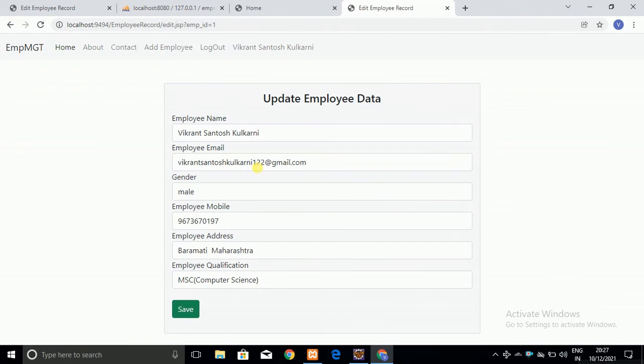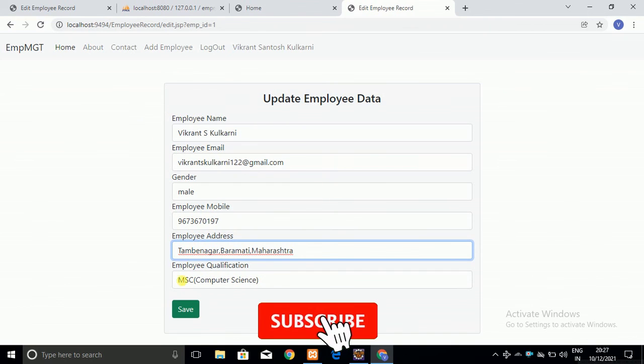Click on edit, and let me make some changes to the email ID. In the name also I am going to make some changes, and the address also is changed a little bit. Let me see what happens when I click on the save button.